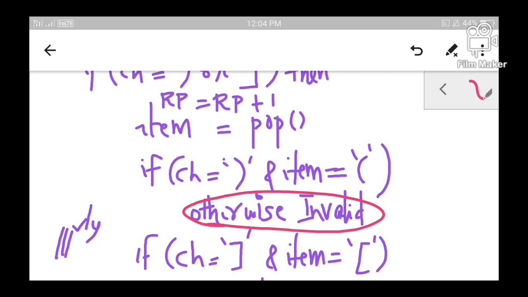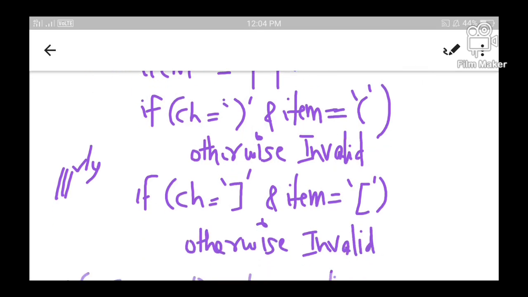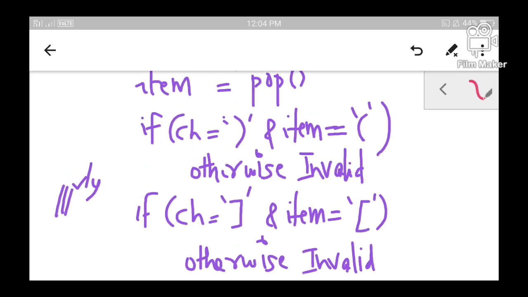the right and the left parenthesis do not match, then it is clearly an invalid expression. Similarly, if the read character is a square right bracket, then the character which is removed from the stack should be a square left bracket. I repeat, the character you have just read is a square right bracket, then the character removed from the stack should be a square left bracket, and this removed character is stored in the variable item, and